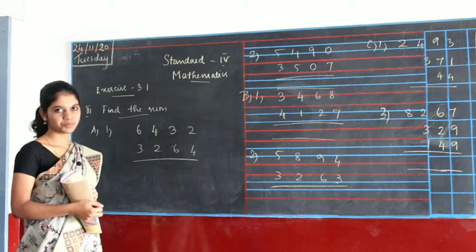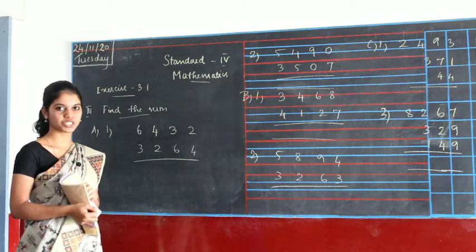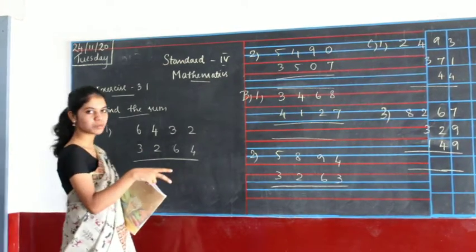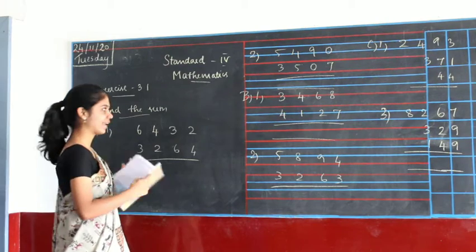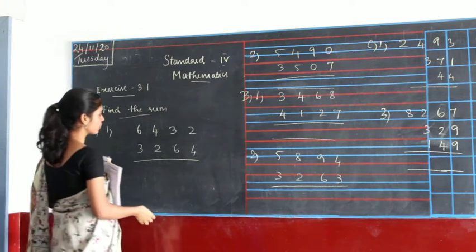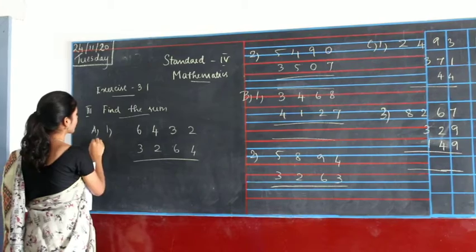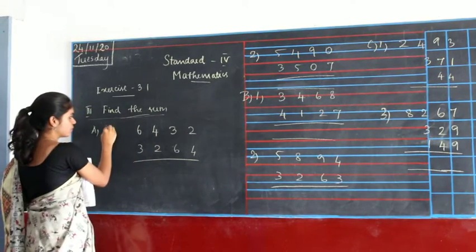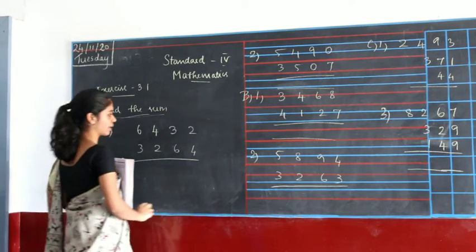Hello children, in the previous class we studied addition with and without carry. So today we are going to solve more sums with and without carry in addition. First we are going to solve the third Roman, find this sum in A, the first division. Okay, so